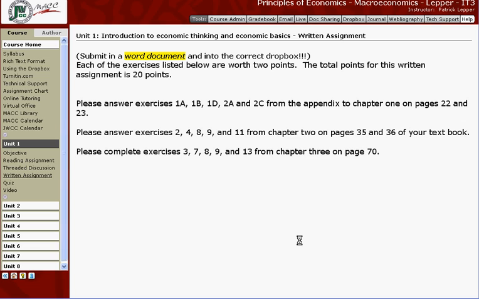I want to show you guys a way of how to make graphs for your homework assignment for Unit 1 on pages 22 and 23. Please answer exercises 1A, 1B, 1D, 2A, 2C from the appendix to chapter 1. So,